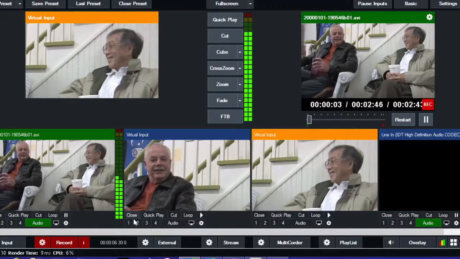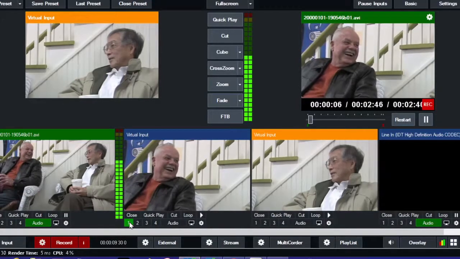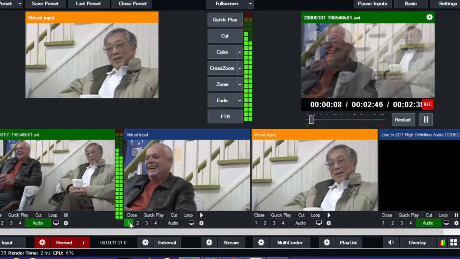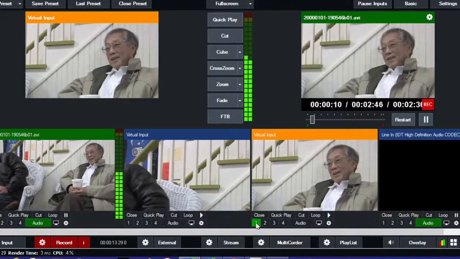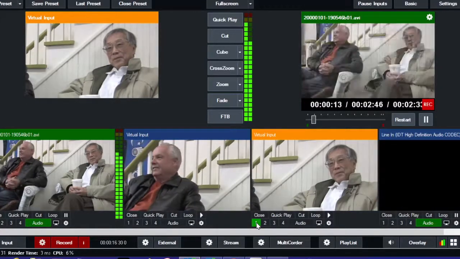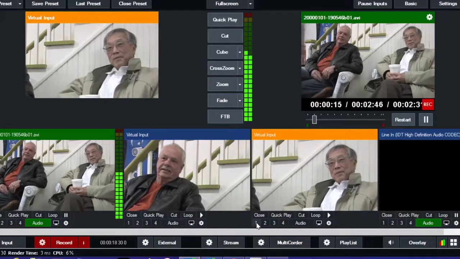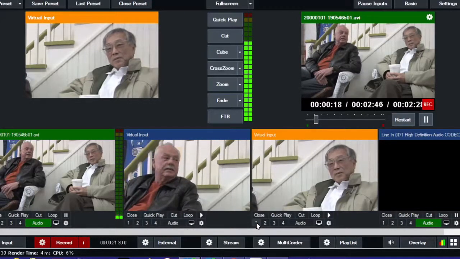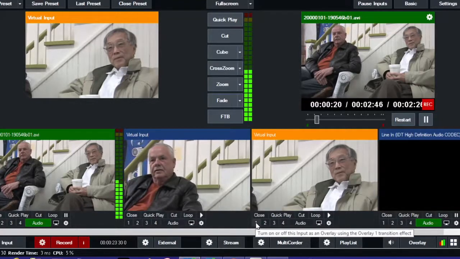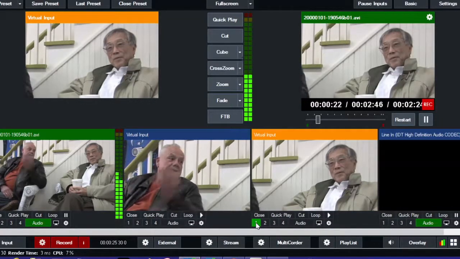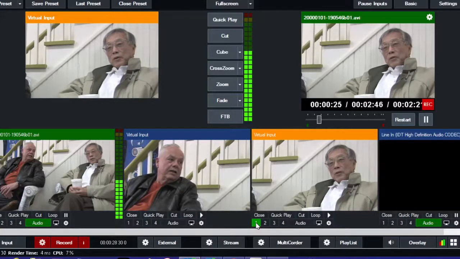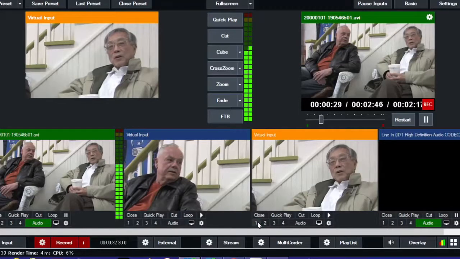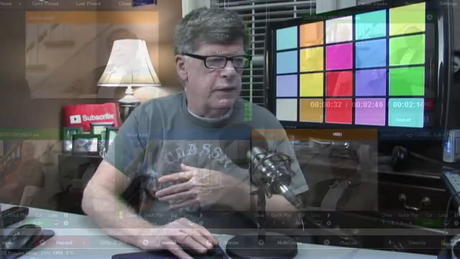And as we play it, we can go back and forth between our virtual inputs to have individual shots of each one of our talent. And when you have the finished product all done, you have a real nice video, and you have it the way you wanted it to begin with. And again, real easy to do in vMix and very seamless. It's actually easier to do in vMix than it is in your post video editor.